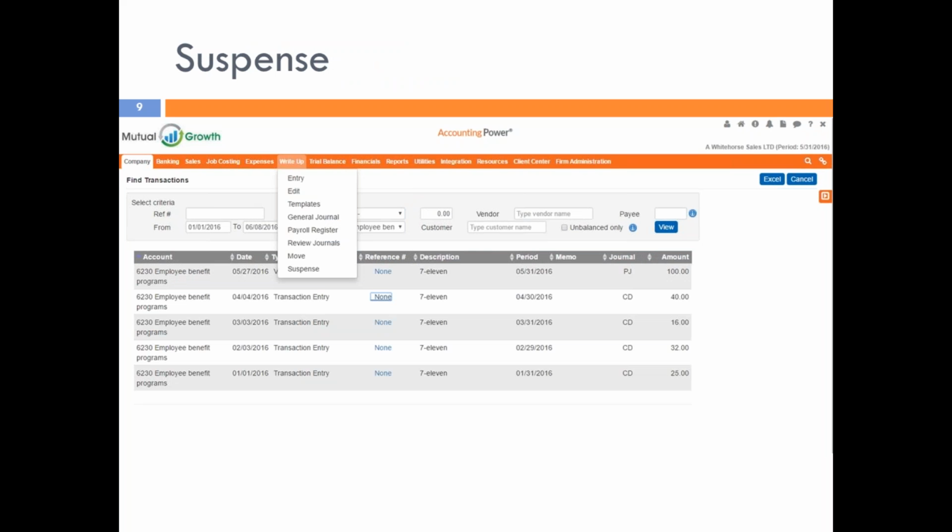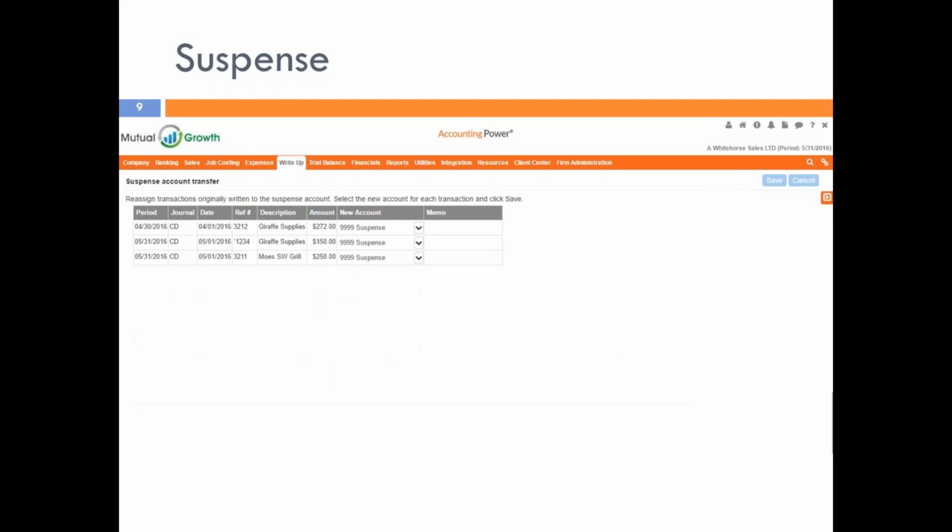The next thing I want to show is the Suspense account. Now in order to get to Suspense, you have to go to Write Up, and then it's the last option right there above the one I just showed, which is Move. And what the Suspense account is for: when transactions are being entered, and maybe it's a new vendor, you don't know what